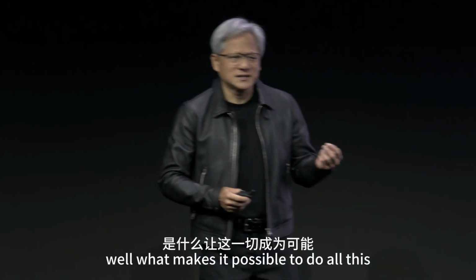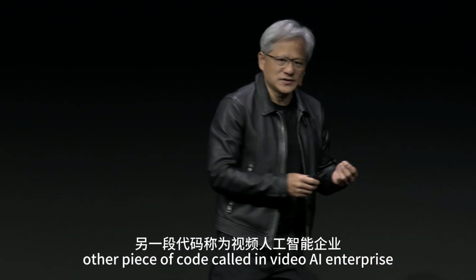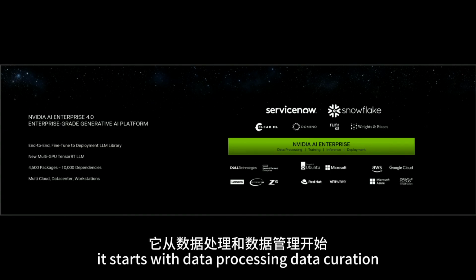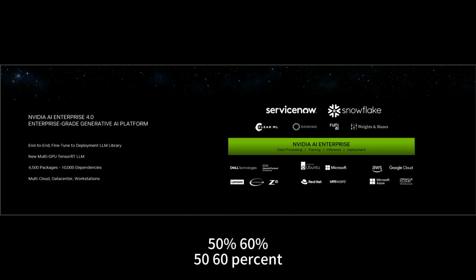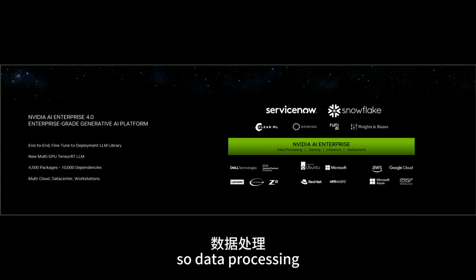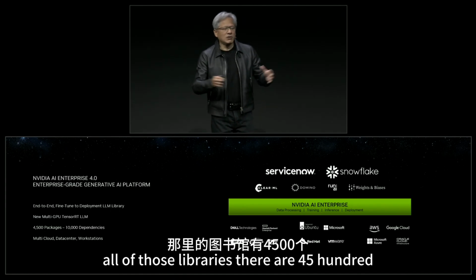Well, what makes it possible to do all this is this other piece of code called NVIDIA AI Enterprise. This is essentially the operating system of modern data science and modern AI. It starts with data processing, data curation, and data processing represents some 40, 50, 60% of the amount of computation that is really done before you do the training of the model. So data processing, then training, then inference and deployment, all of those libraries,